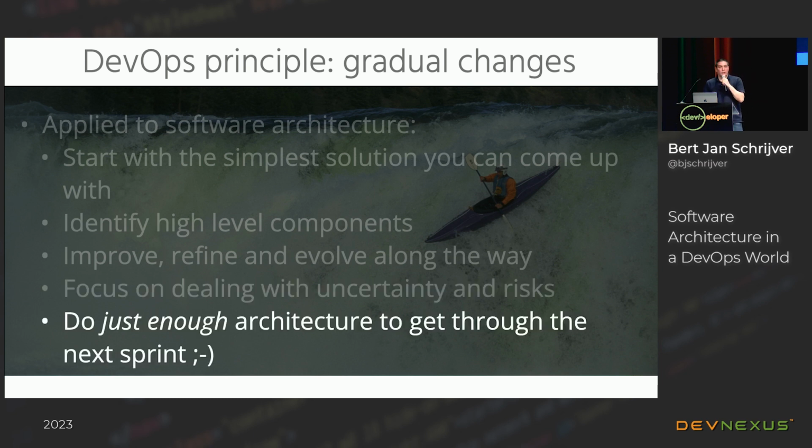It's also about doing just enough architecture to get through your next sprint or your next iteration. I think doing just enough to minimize the risk of making a wrong decision, and also constantly evaluating what I've done. Does this help us, and are we moving in the same direction? In the end, it doesn't really matter how fast you're moving, as long as you're moving in the right direction. If you go really fast but going the wrong way, you're ending up being further from home than when you started.